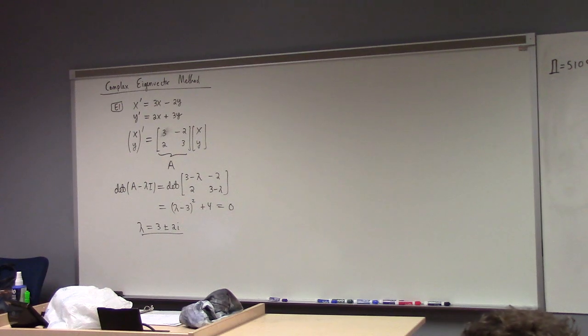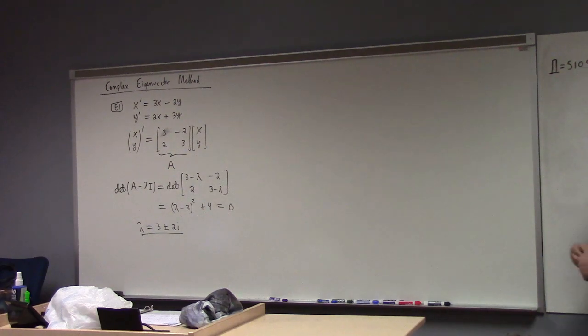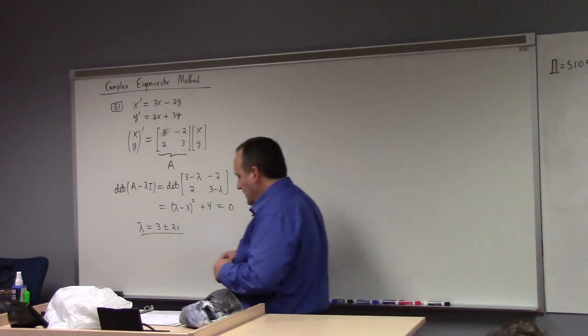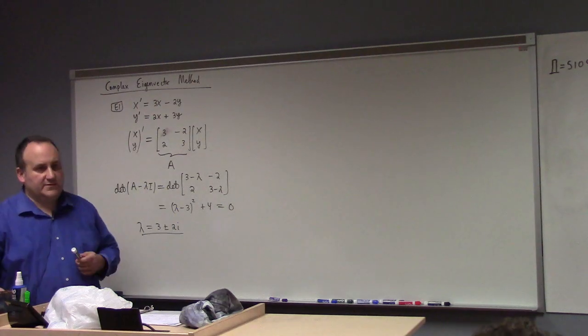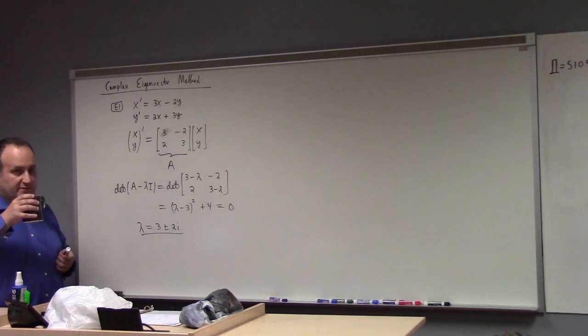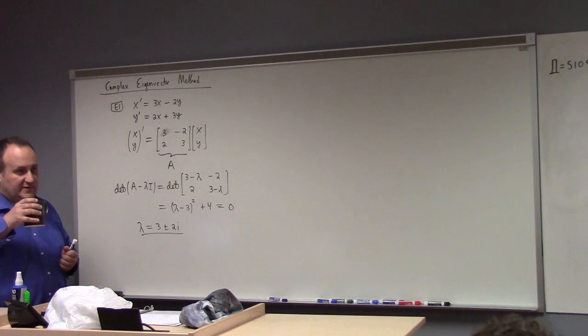So this is a 2 by 2 system, right? This is a 2 by 2 system, which means we're looking for two solutions, right? Two fundamental real solutions. And so remember last time I told you every complex eigenvector gives you two real solutions, which means that we just need one